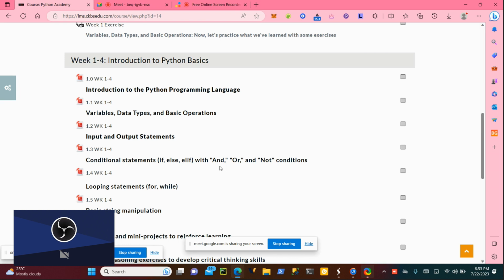We use the logical operation to join two or more conditions. So take note, you can write it down: and, or, not are logical operations, and we use them to join two or more conditional statements like this.